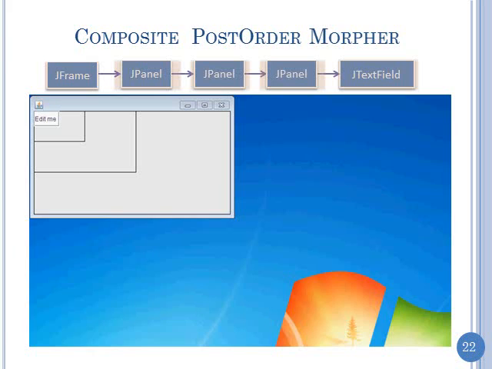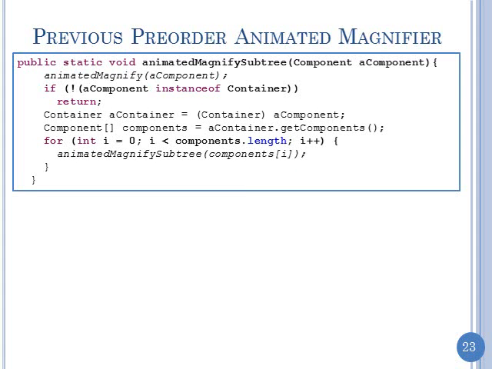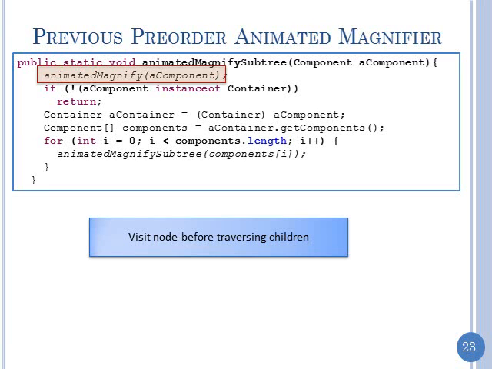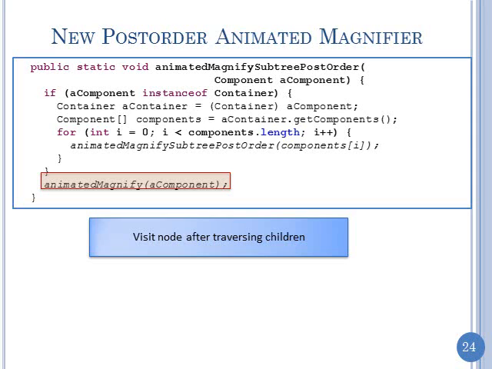Okay, so the frame. So you see now visually the effect. The end result is the same, but visually you see something different. And how did I do this coding? I did exactly what you guys suggested. So in the pre-order, you visit the node before traversing children, and in post-order, you visit the node after